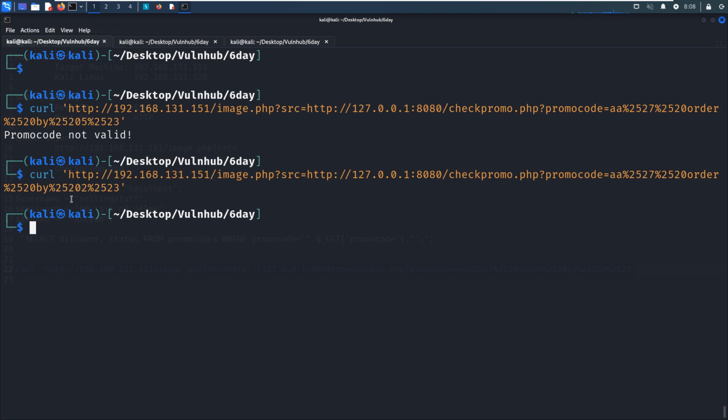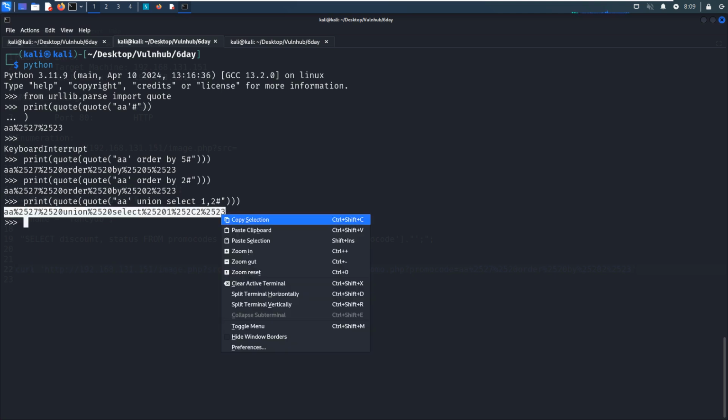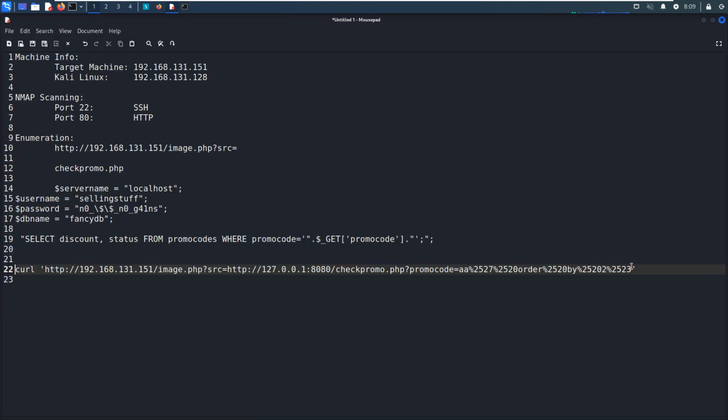So next we need to know which column can display information, and we can use the union select statement. Okay, so how to do it? We can use union select 1, 2, copy the result, and replace this payload.